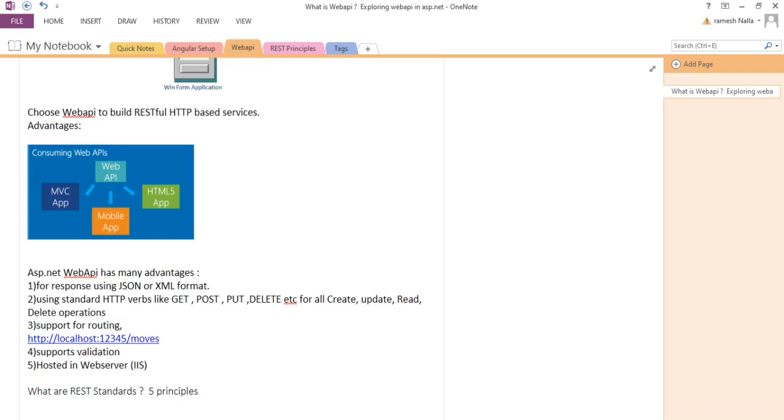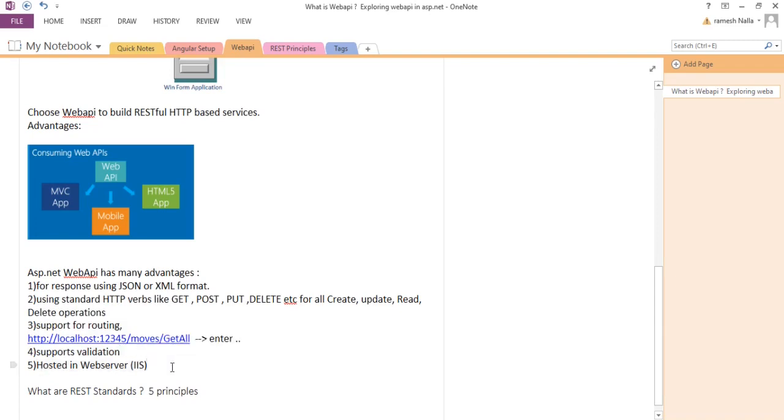If I want to get all movies information, I can type get all, and after hitting enter in the browser, I will get all the movies information. This is a routing based pattern. Basically, we call this a routing based pattern. And it supports validations. Model validation we can do in creating the web API hosted in a web server.